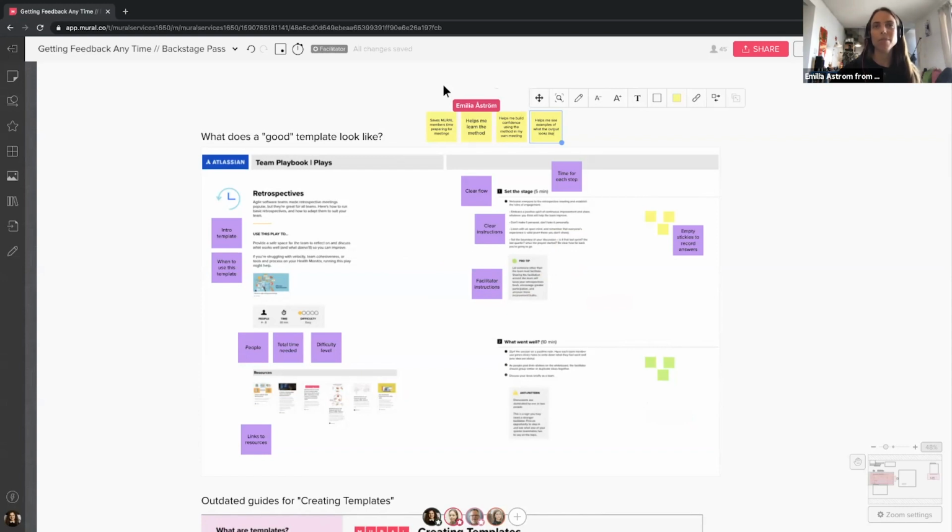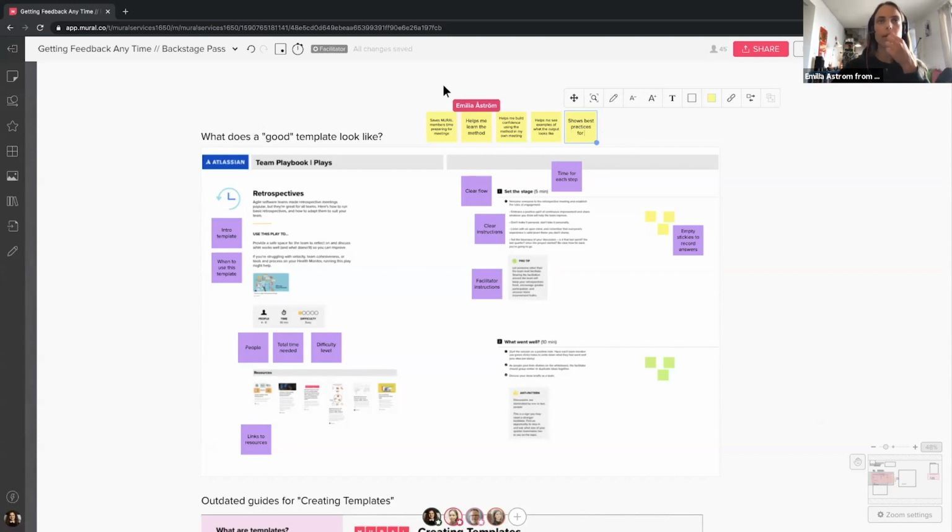And there are also some empty sticky notes over here. I thought it was interesting to note that the person who designed this template also added placeholder stickies to make it really clear what type of content the person is expected to add, and where, when they record their answers.